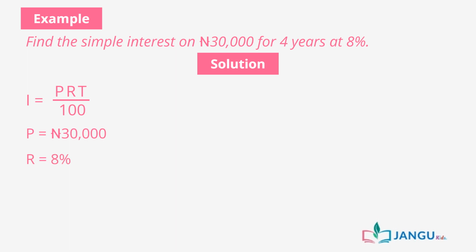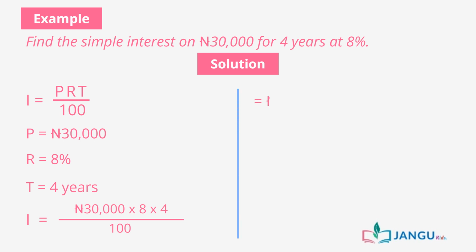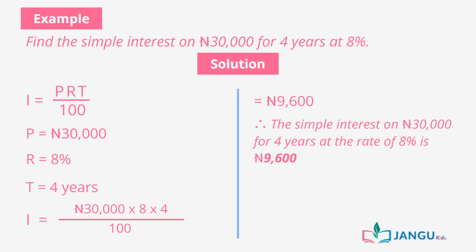The rate is 8% and the time is given as 4 years. Hence, interest is equal to 30,000 times 8 times 4 divided by 100, which is equal to 9,600 Naira. Therefore, the simple interest on 30,000 Naira for 4 years at the rate of 8% is equal to